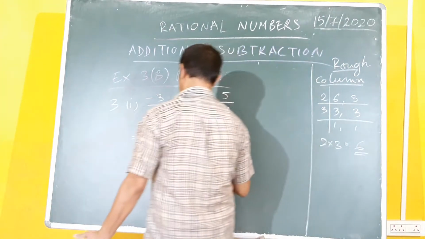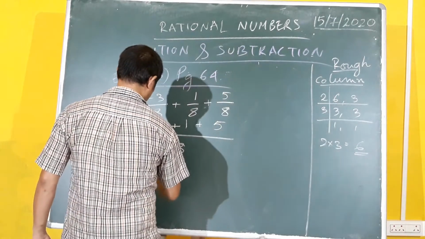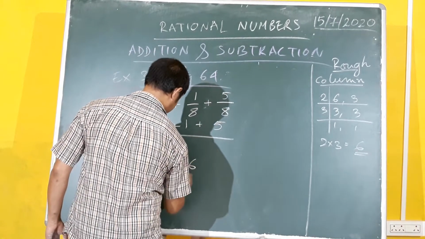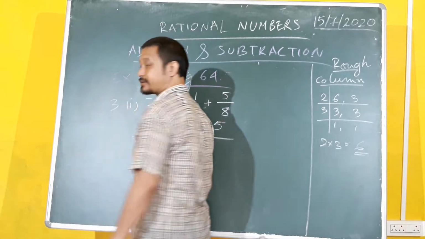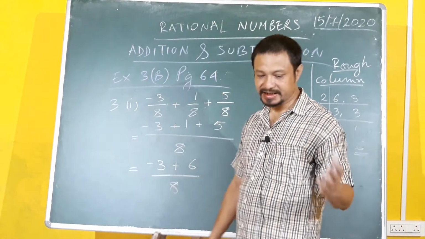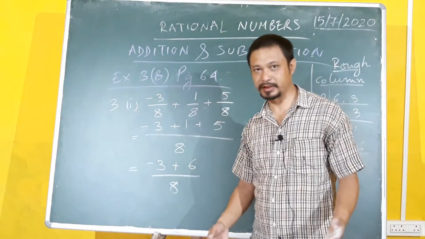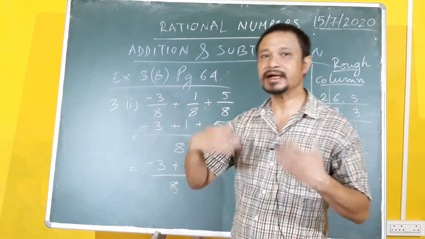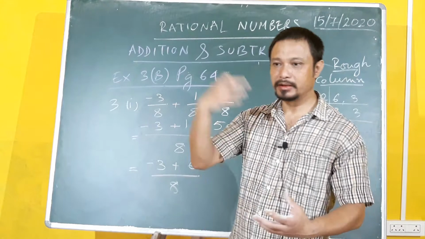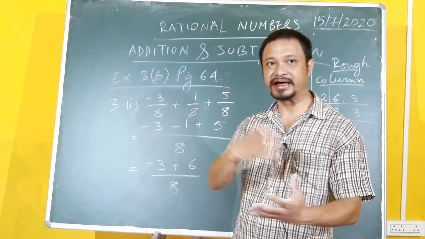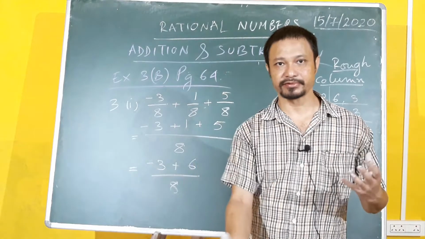Okay, so in this case, minus 3, so 5 plus 1 is 6 upon 8. Now it becomes easier. See, maths is all about deconstructing a problem. A problem is given to you, you deconstruct it, take it out step by step, cover by cover, layer by layer. Finally, we come down to the answer.